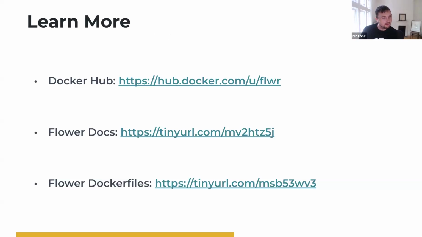And the question is, where can I find an example of how to use the Docker images? And does the documentation have a complete example? Yeah, so you can visit our Flower docs, which is the second link, and there you can also find an example.